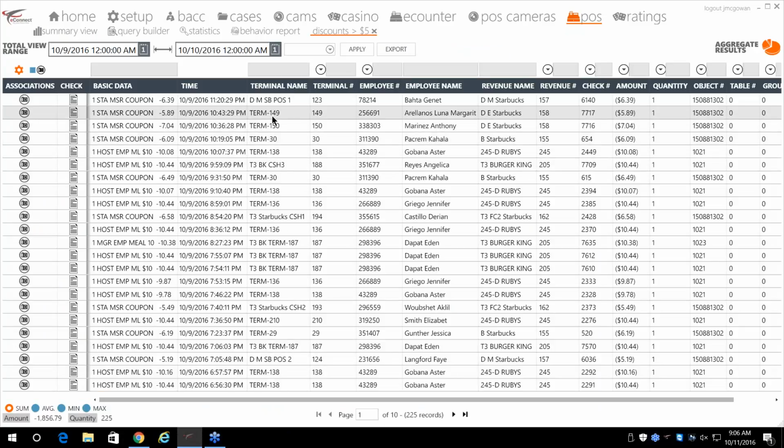So now the system has brought up 225 records for all the discounts greater than $5. Now this is what we call the grid page. And if you're familiar with Excel, this is laid out very similar to Excel. It's very user-friendly, and all the data that you can see here in the white letters with the bold banner